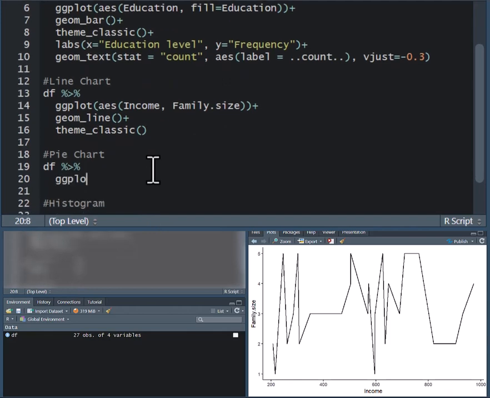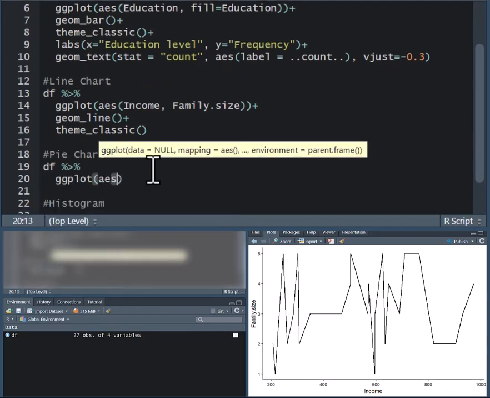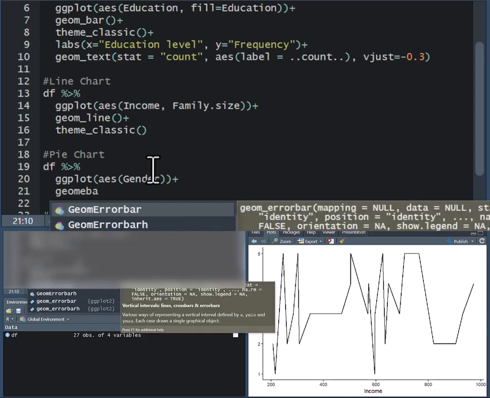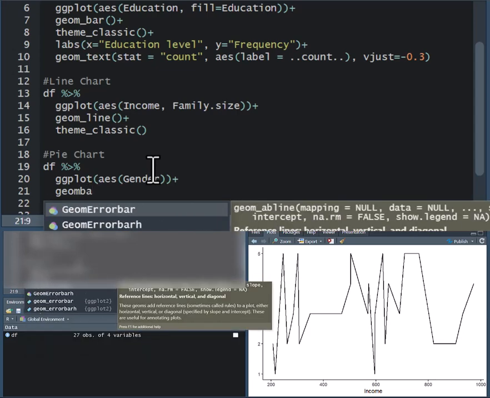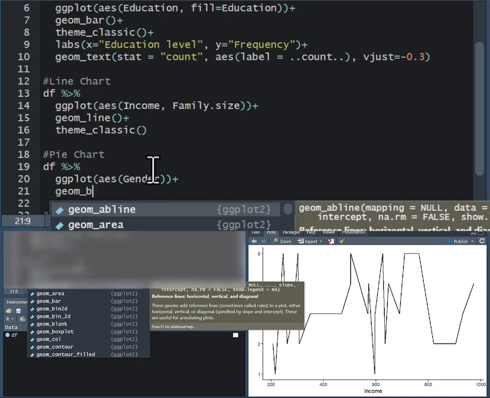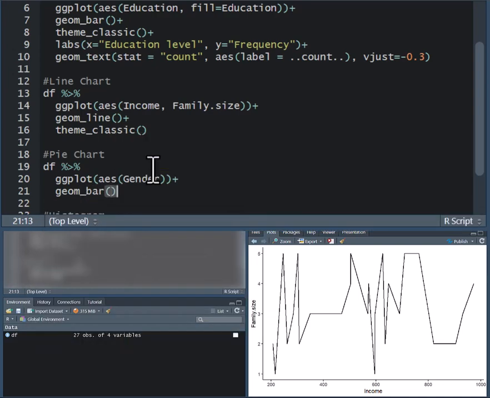a ggplot function, and the aesthetics shall be gender. On ggplot I'll add on the geometrics. The geometrics shall be, I'm going to originally use a bar chart to plot a pie chart. And on the bar chart, I'll add on a contour,